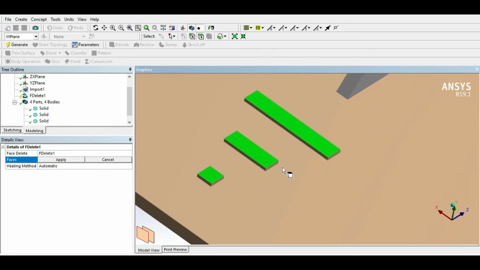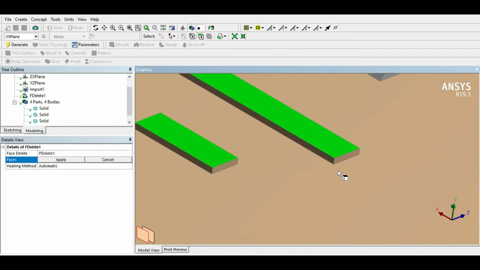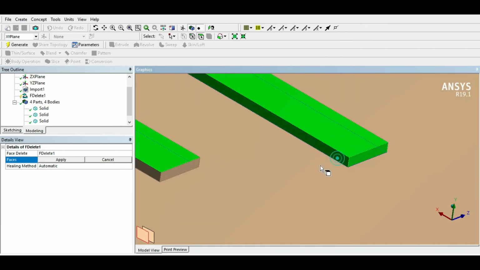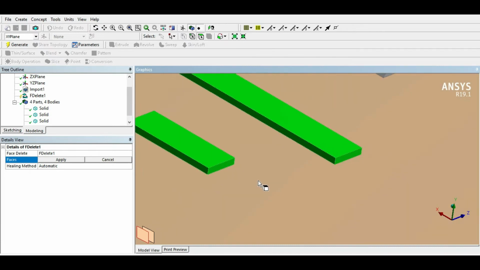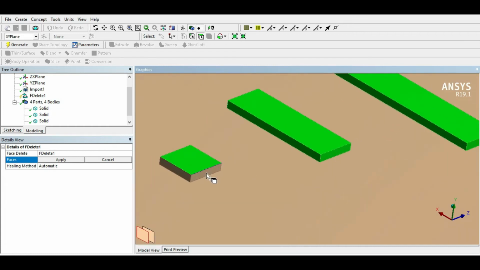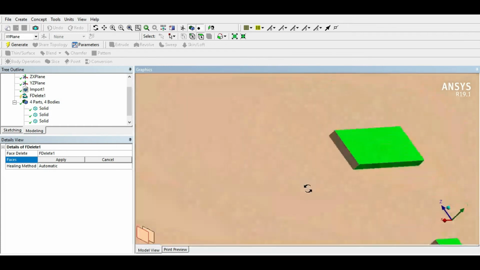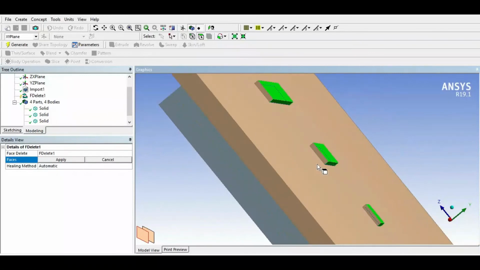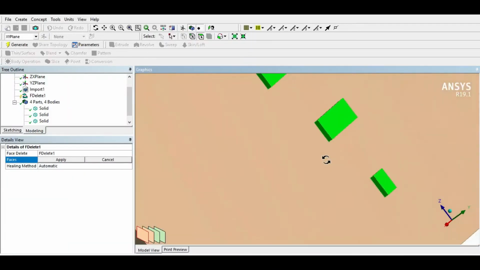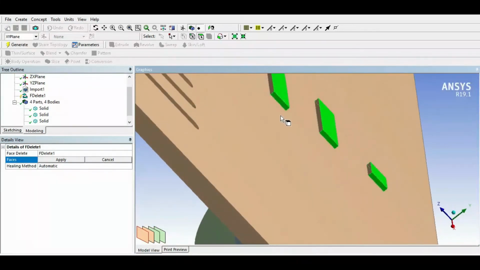then select all the faces, zoom as per your requirements, select all the faces, then rotate the geometry for selecting the other surfaces.